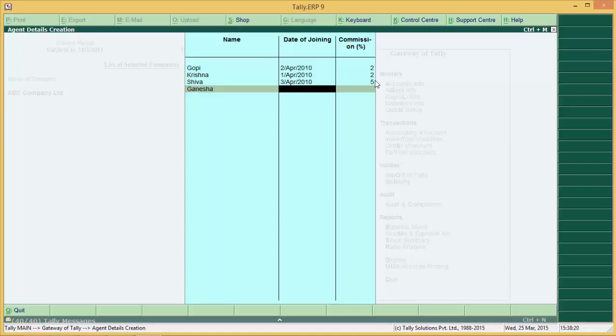That means if we are creating an agent here, at least the date of joining should be from the books beginning of our company. But let it be a warning message. Maybe he or she was an old employee who was earlier in a different department and we have moved them into a new department, and all the criteria are secondary. So we want to give a warning message that the date of joining you have provided is less than your financial year books beginning. So what we can do is,